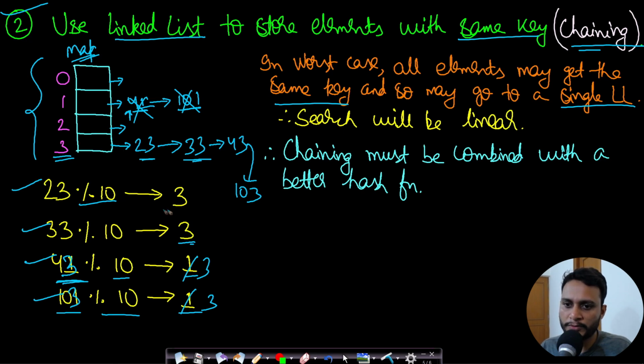And now when you want to, let's say, search for 103, you will be mapping to this key 3, and again you will be performing a linear search on this single linked list. So that is why your search on the map can go to order of n in worst case in this scenario, right? So how do we actually get over it? How do we actually avoid this situation?